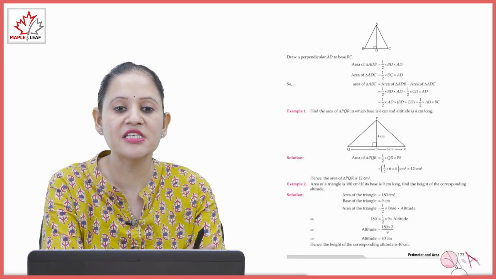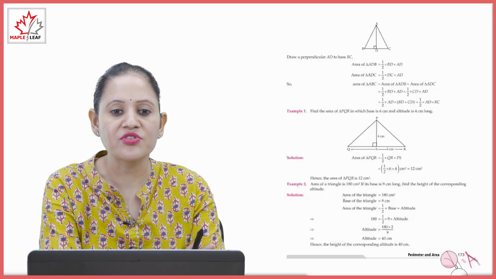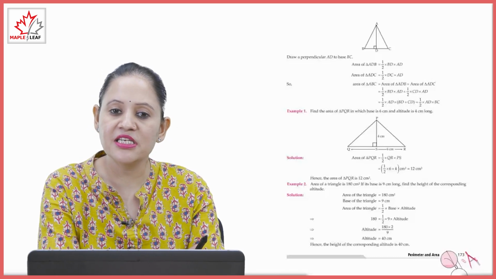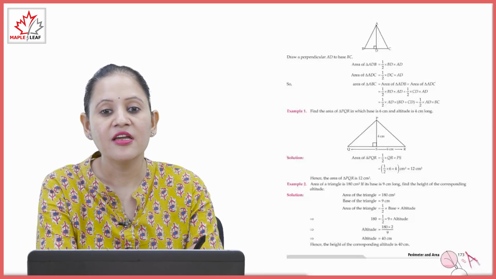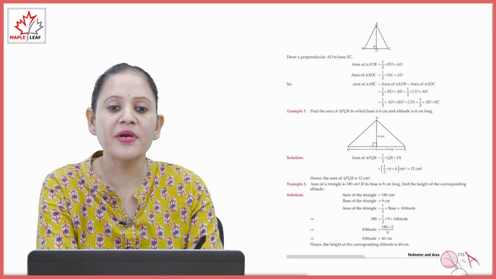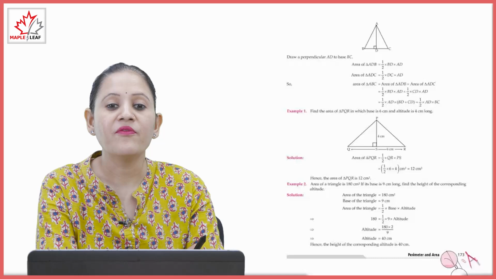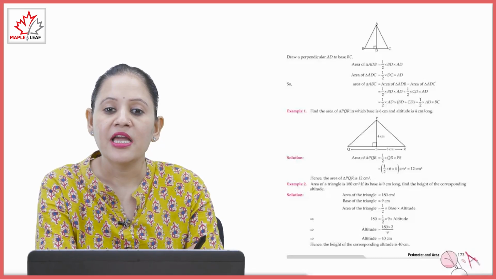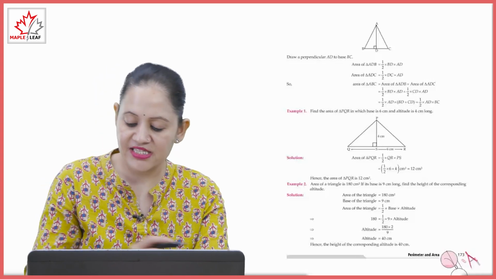So area of triangle ABD equals 1 by 2 BD into AD. Area of triangle ADC equals 1 by 2 DC into AD. Area of triangle ABC is the sum, दो ट्राइंगल में डिवाइड करते हैं तो area of triangle ADB and triangle ADC. So 1 by 2 BD into AD plus 1 by 2 CD into AD, base into altitude, equals 1 by 2 AD into (BD plus CD), that is 1 by 2 AD into BC, means 1 by 2 base into altitude. Example लेते हैं.